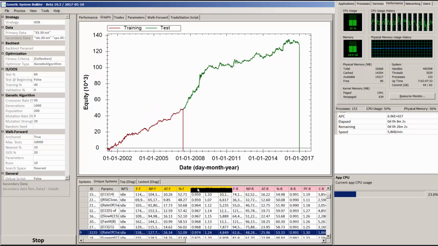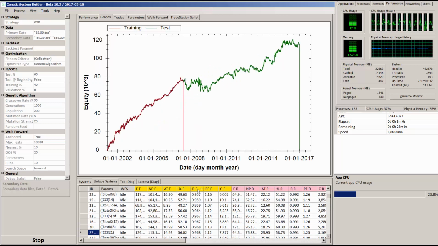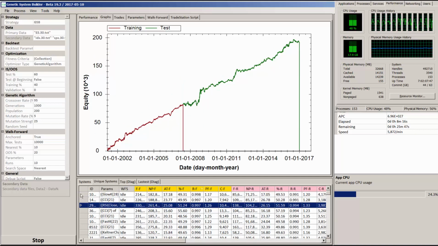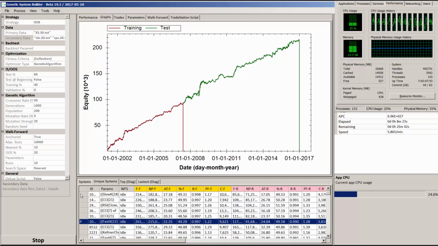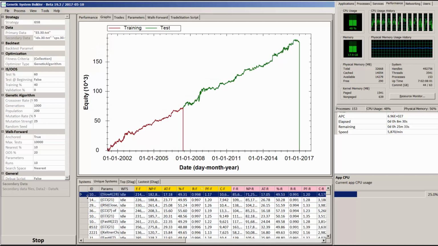But when I sort on the best of the bunch, and this is after 8 minutes of processing now, you can see we're getting some very nice linear equity curves. Every one of those systems is unique. Even if you exclude the fact that the parameters could be different, every single system here is going to be a unique system. Now the really exciting thing is I can now just right click and I can run a